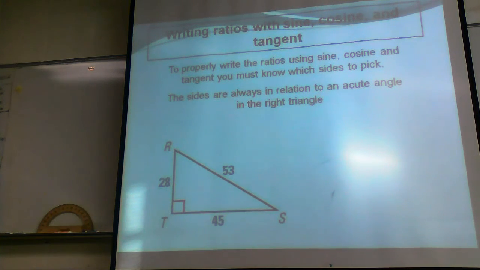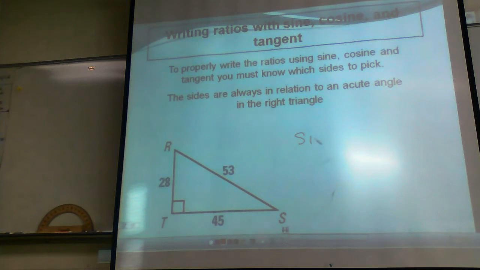All right, so if I gave you that triangle and I said, I want you to write out the sine of angle R, the cosine of angle R, and the tangent of angle R. Okay? Basically what I'm asking you to do is just take whatever the ratios were by definition, like opposite over hypotenuse, adjacent over hypotenuse, so on,